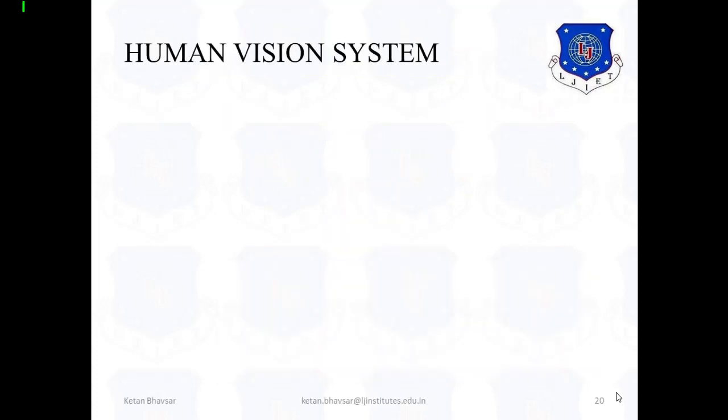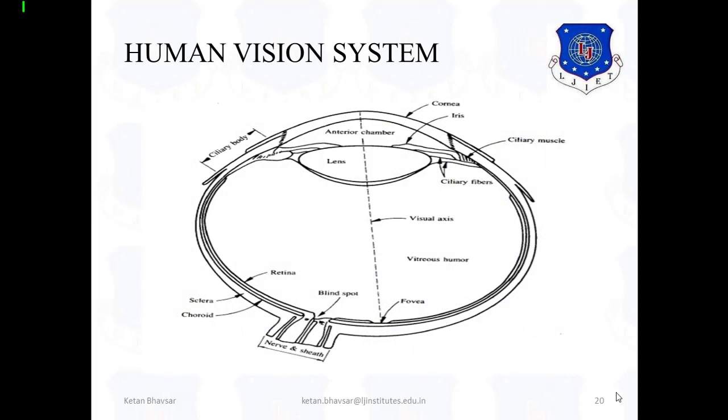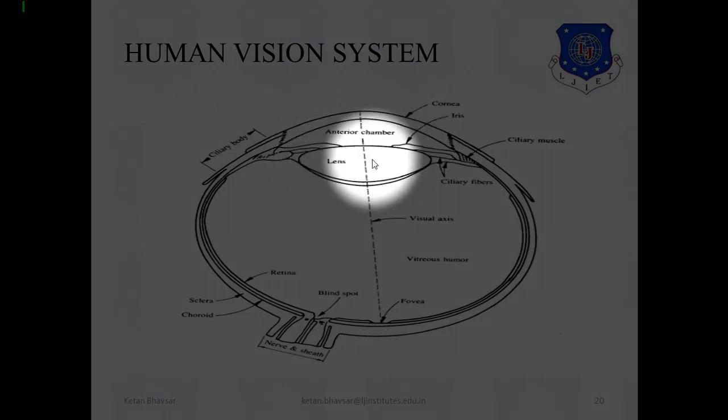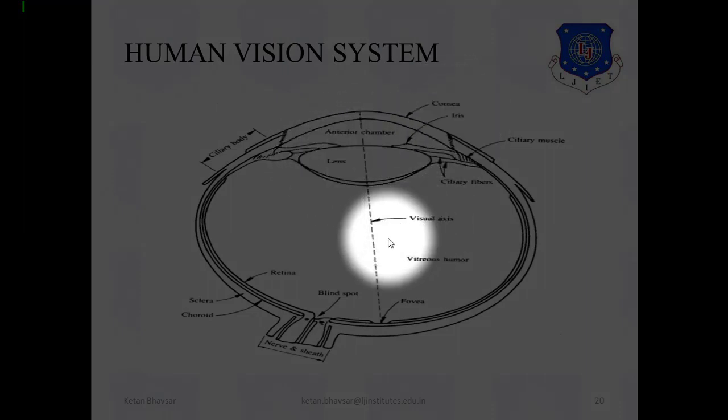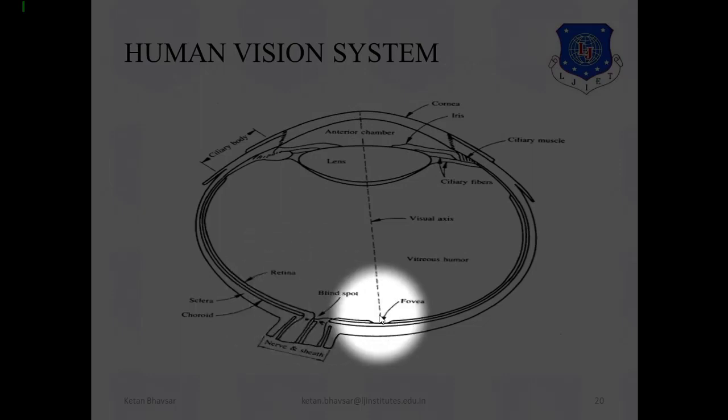Human vision system. The vision system available in our body is the human eyes. It works as a camera. We capture the image, we analyze it according to the image properties, and according to that we take a decision and we react. You can see some parts of our eyes or human vision system: lens, cornea, iris, blind spot, retina, fovea. Now we're talking about each and every main element of the human vision system.